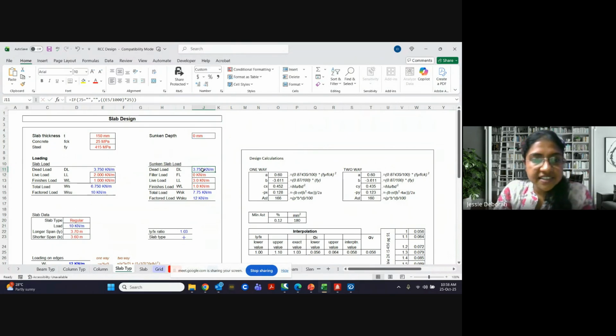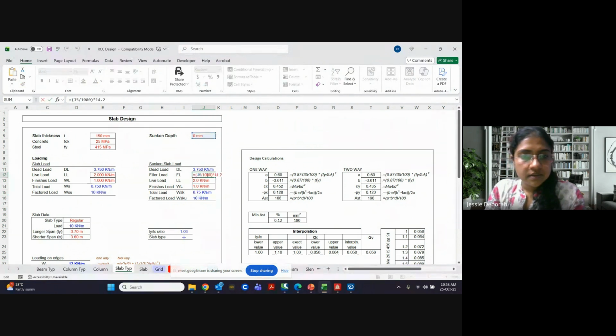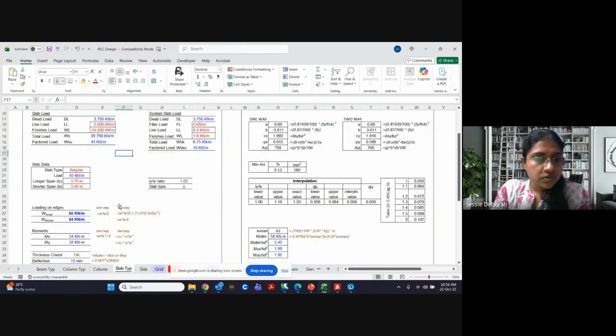This is self weight, it is calculating. Live load in our case we have taken 2 kilonewton. Finished load also we are taking this. Okay, this we will not take. Our 24 kilonewton.